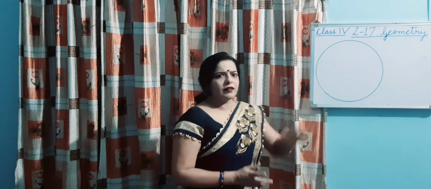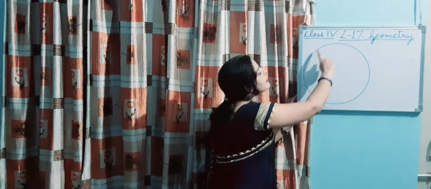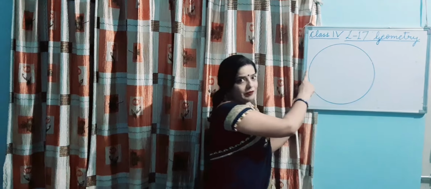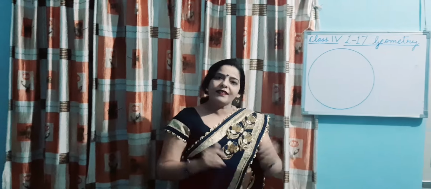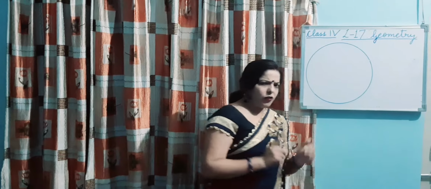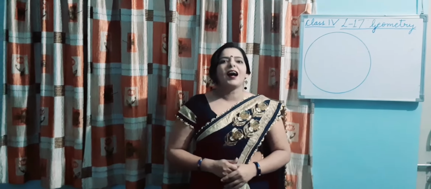Now, how to describe it? After looking at circle, the first thing which I observe is that it is a simple closed curve. And second important thing, that it has no lines and no corners. Now the question is, are these 2 points enough to describe the circle? Answer is no. Why not?